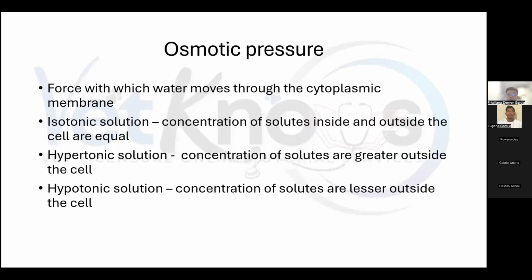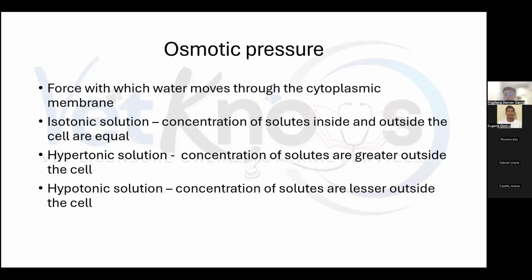So, osmotic pressure. Osmotic pressure is defined as the movement of water through membranes, and its movement would be from an area of lesser solute concentration to an area of greater solute concentration. So bacteria require an isotonic solution, in which the concentration of water or solutes inside and outside the cell is equal. Because when it is not equal, the pressure will attempt to correct the difference between membranes or between the cells.